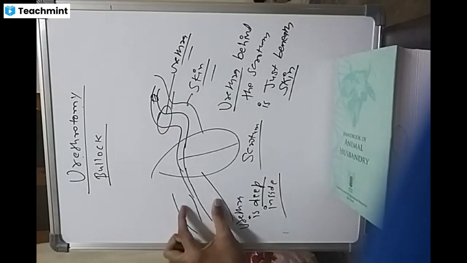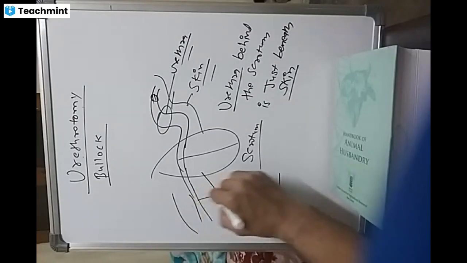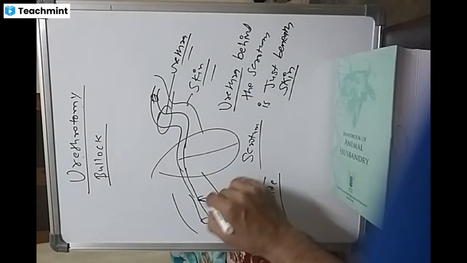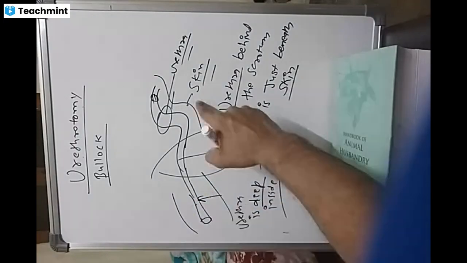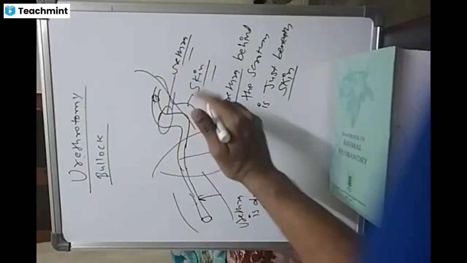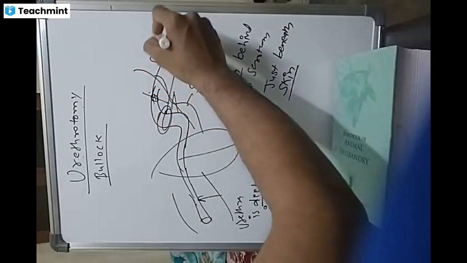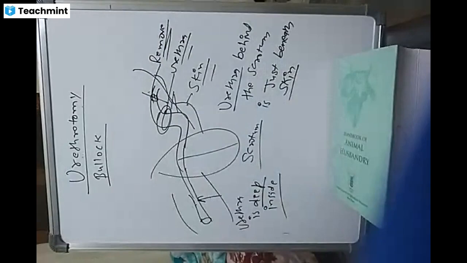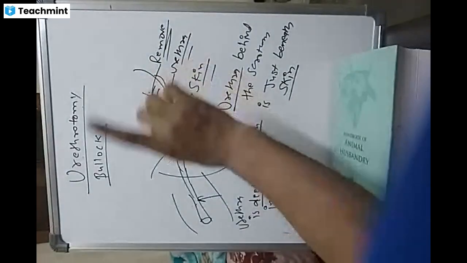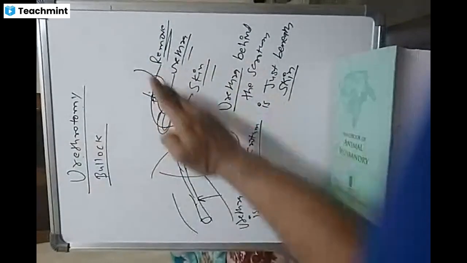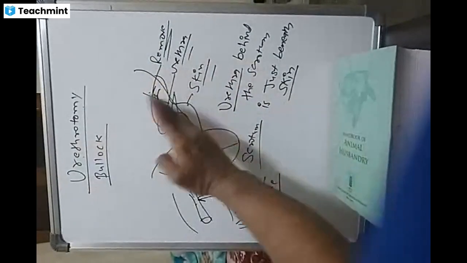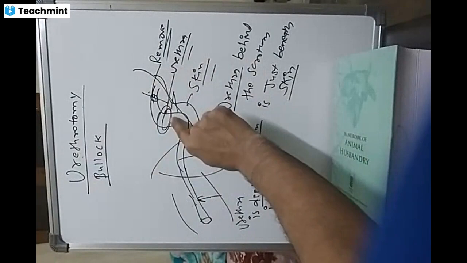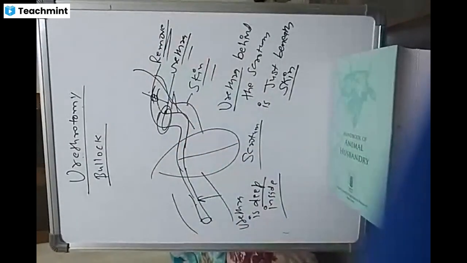So scrotally, your urethra side is difficult as compared to post scrotal, where the urethra is just beneath the skin, to make the incision on the urethra at the calculi and remove the calculi. So post scrotal urethrotomy is only done. The reason is the urethra is just beneath the skin. The second reason is the sigmoid flexure